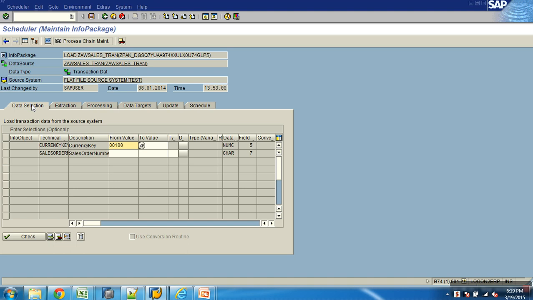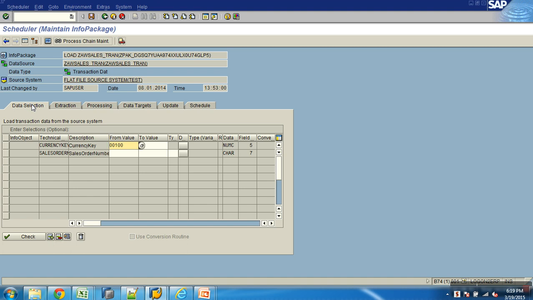ఇప్పుడు ఫస్ట్ డెల్టా ఉందనుకున్నా, ఓన్లీ ఫుల్ ఇనిట్ కనిపిస్తుంది. ఇనిట్ పెట్టి సక్సెస్ఫుల్గా రన్ చేసిన తర్వాత నుంచి you will get to see radio button called delta. Till then you don't get to see. What is the difference between full and delta? How it extracts data, what data it extracts, it's all same with init and full. But the only thing is, only upon running your init successfully, you will have the flexibility of running delta. Otherwise, no. Clear on this?